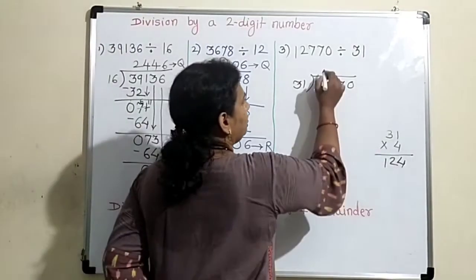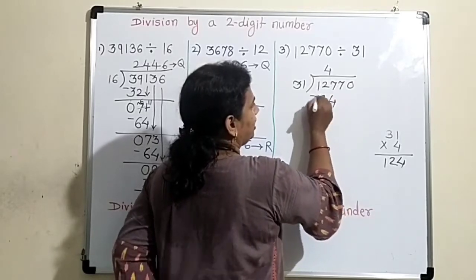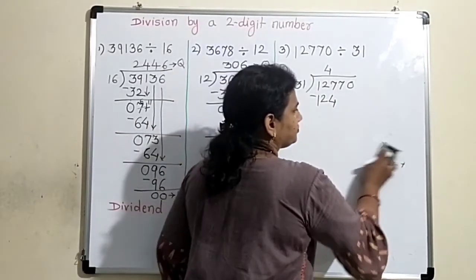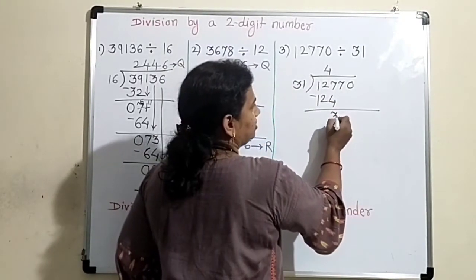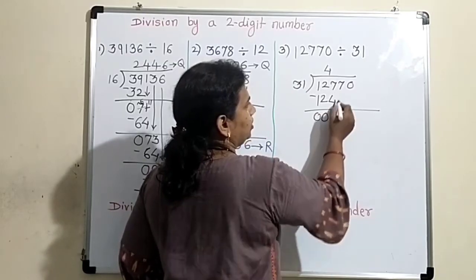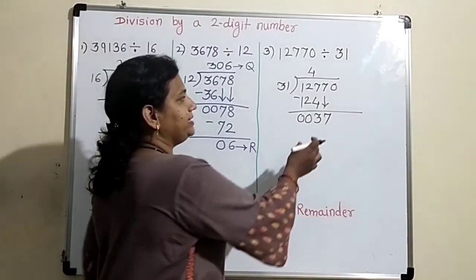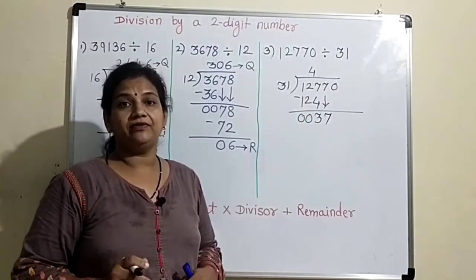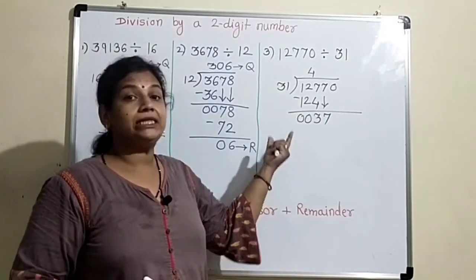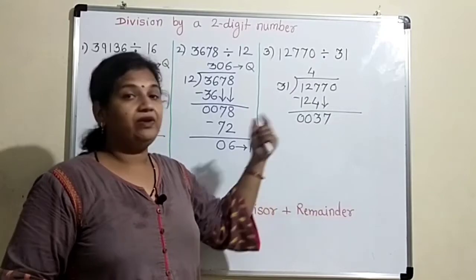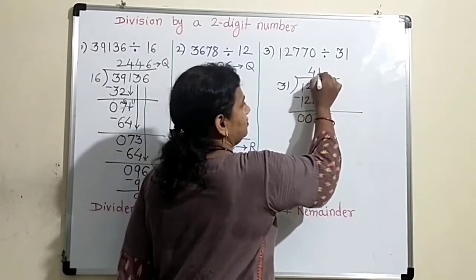Right? So what I will do? I will take 31 4s are 124. I will subtract it. Right? So 7 minus 4, I will get here 3, here 0 and 0. Bring down 7. So here we got 37. So let us now divide 37 by 31. But if we take 31 2s are, definitely 3 2s are 6, so that will be 60 some plus something. So it will become bigger than 37. So we have to here take 31 1s are.